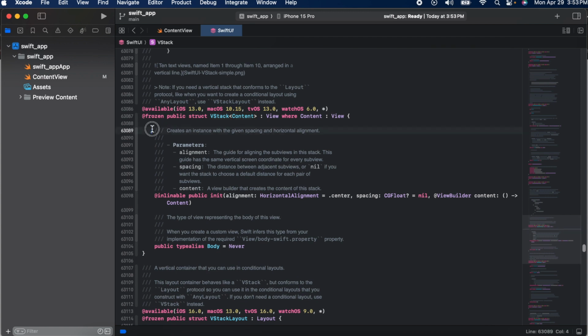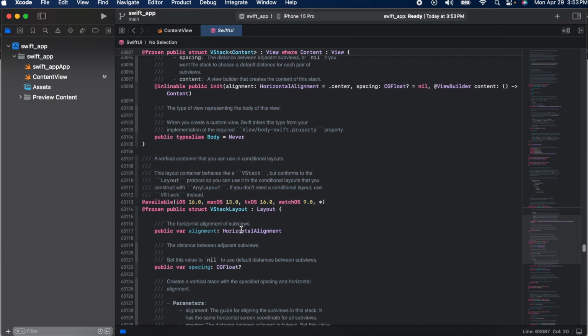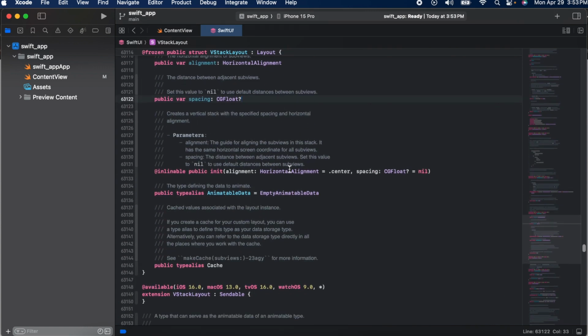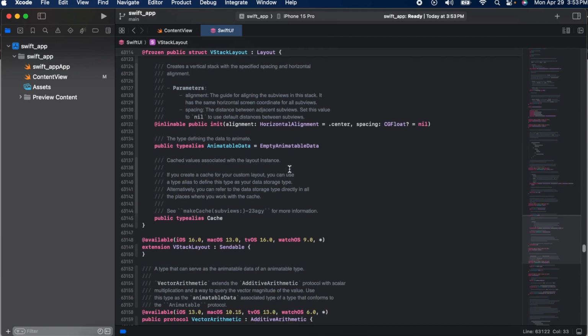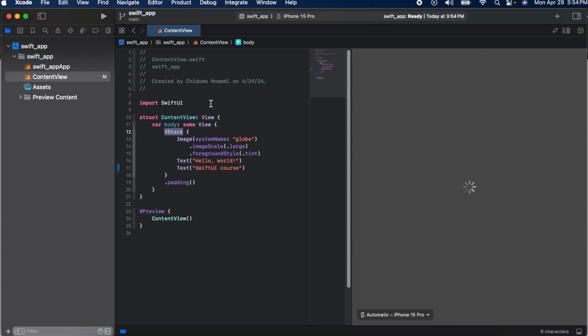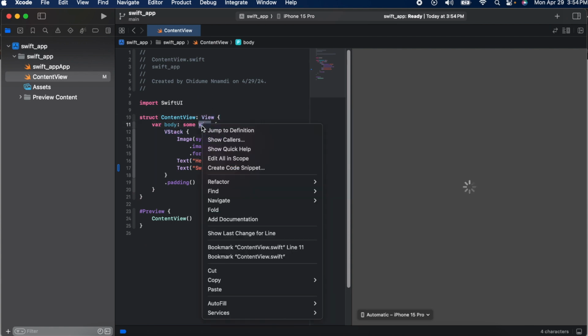So there you can take a look at whatever you want to use, the parameters and all other properties that's inside the view, extension, or structure. So that's one of the most powerful features. Personally, I will say that the Xcode editor has very good features. And also, there is a plethora of right hand